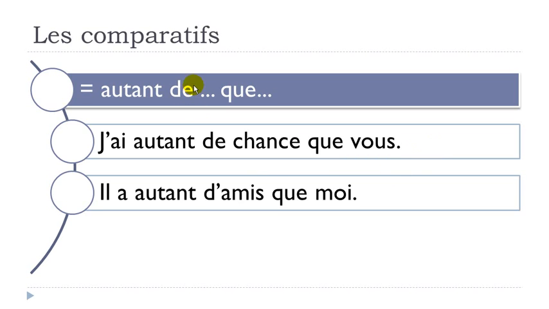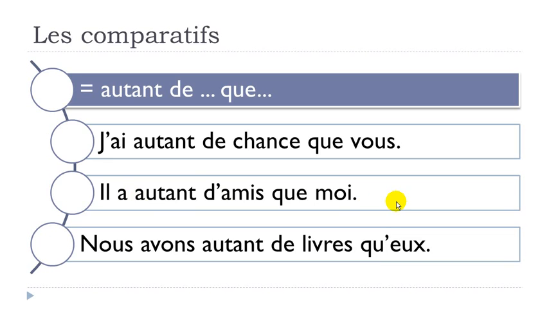As usual in French, you've got this de here, but if the word coming right after starts with a vowel or a silent h plus a vowel, then you should definitely take the e away. Il a autant d'amis que moi. Nous avons autant de livres que. And same thing here with que, followed by a vowel: in that case the e needs to go away.